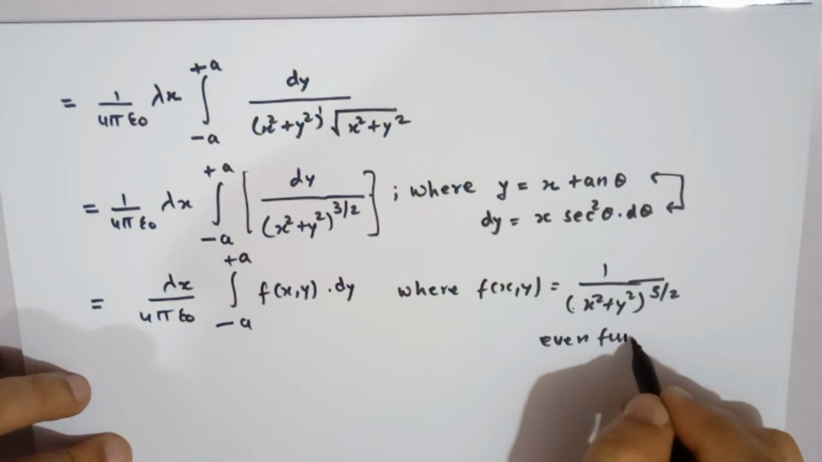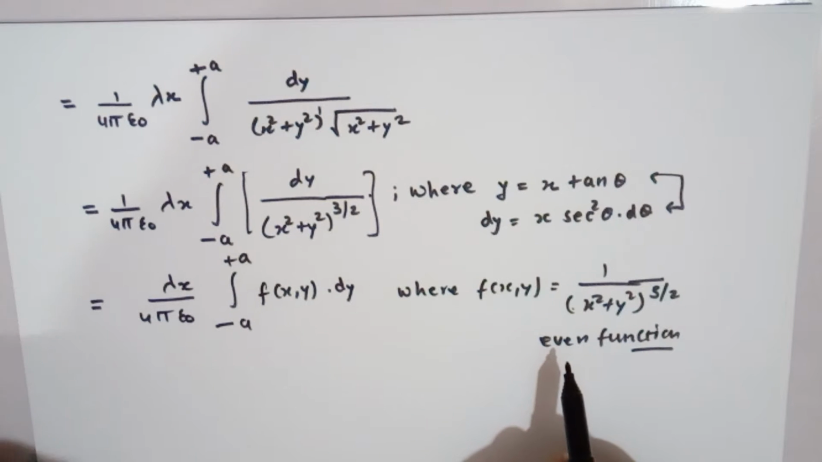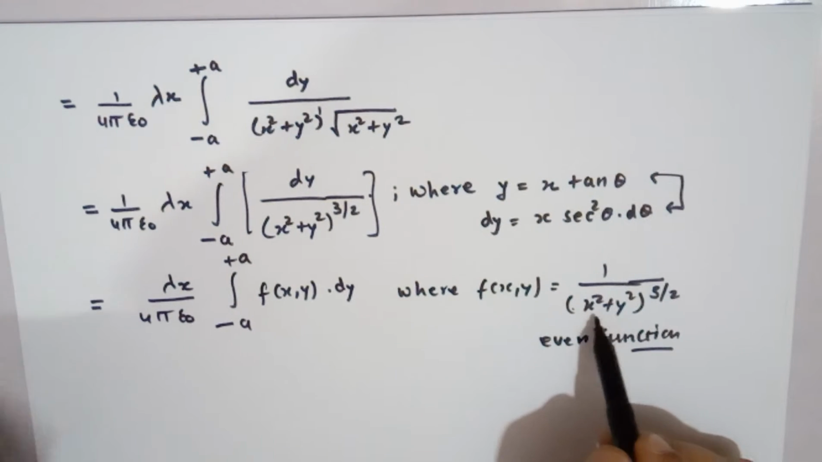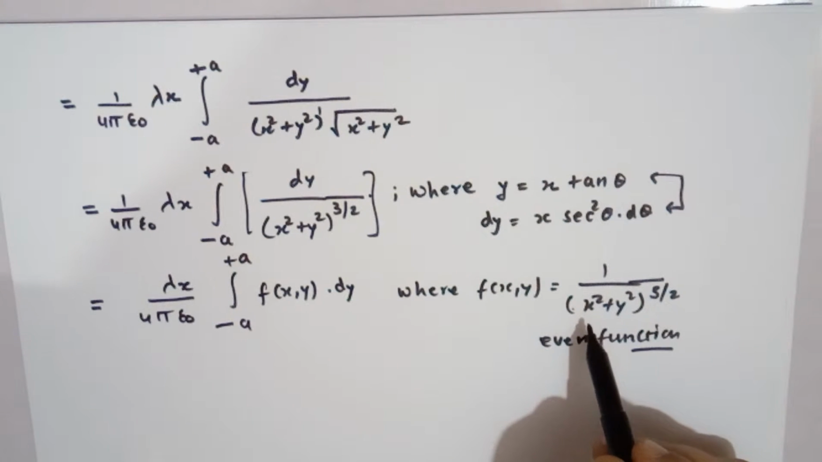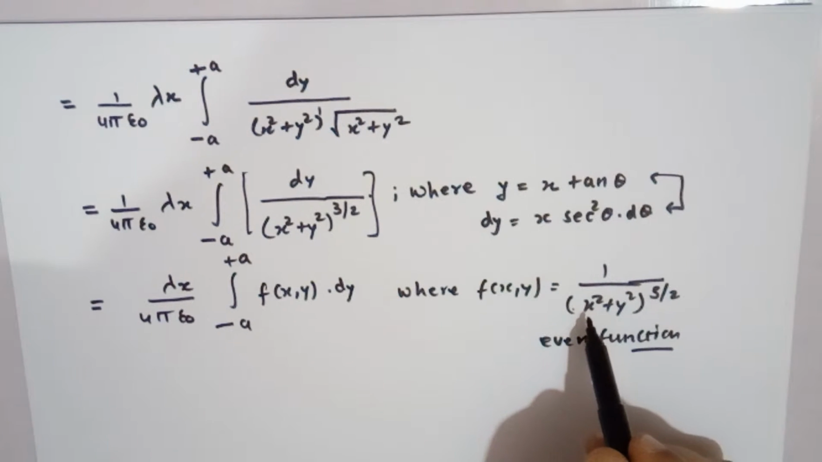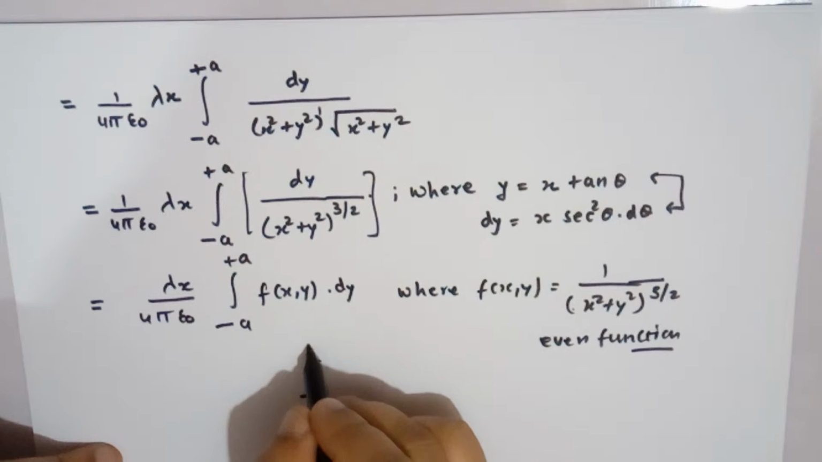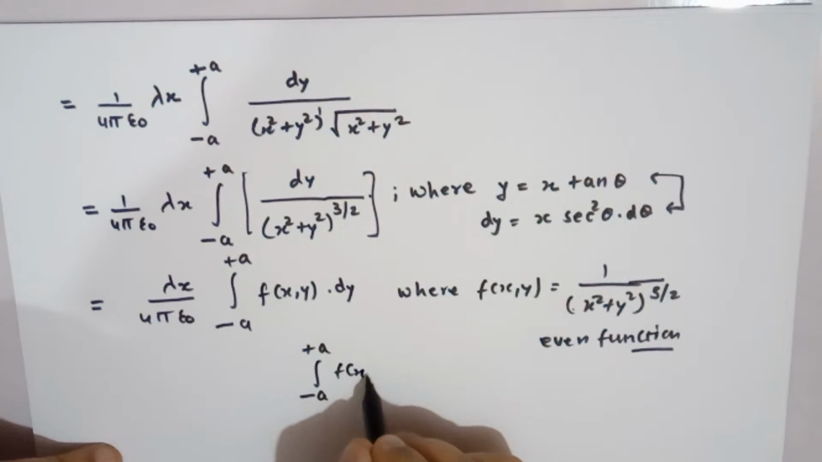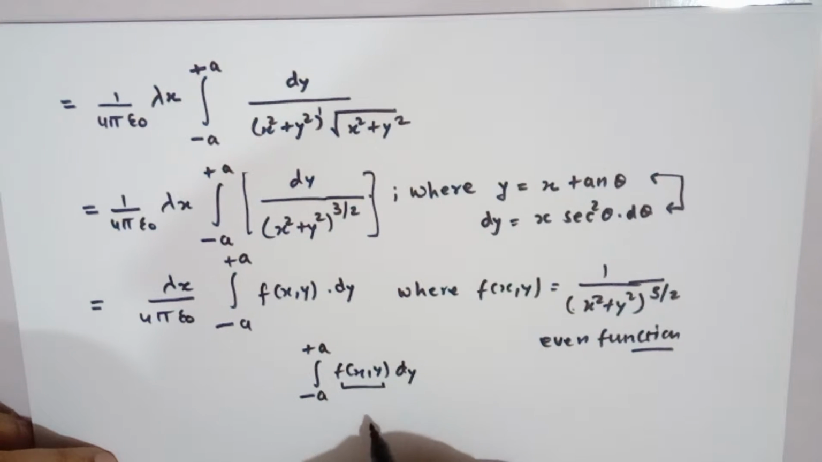Okay, so an even function is basically a function where, when you put the value of x or y or anything here, the sign of that function remains the same even after changing the sign of this variable. So if I change the sign of y here, it remains the same. That is an even function, and there is a property: if there is an integral from minus a to a of f(x, y) or f(y) or f(x), anything,